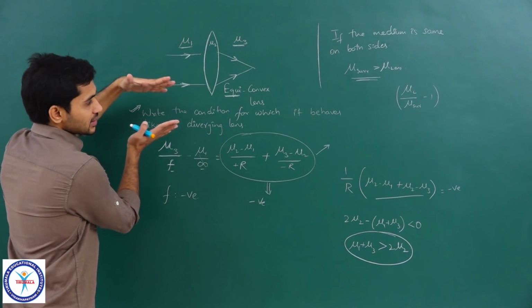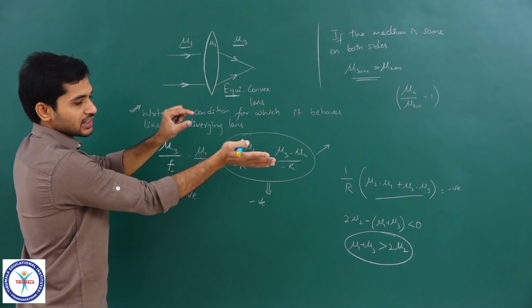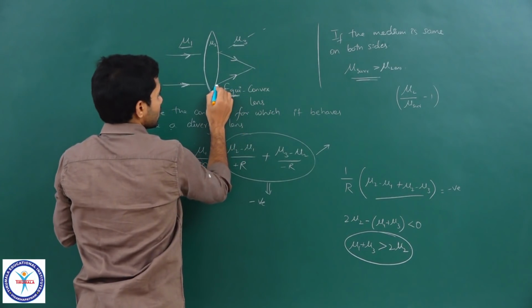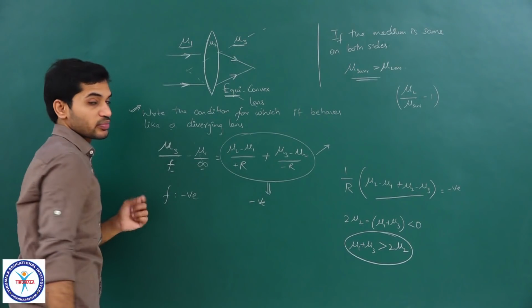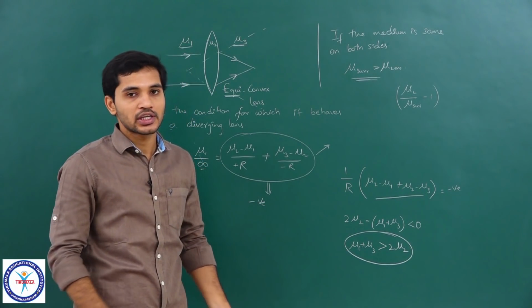So, the light rays which are incident on that, instead of converging in this manner, they diverge in such a way that they appear to converge behind. So, this is what will happen. So, light rays will go like this and they appear to converge at a point which is behind the lens. So, that is what we have written the condition for, clear.